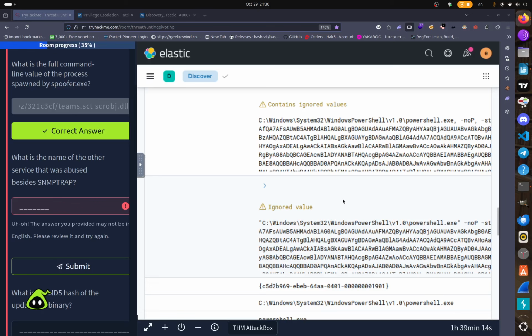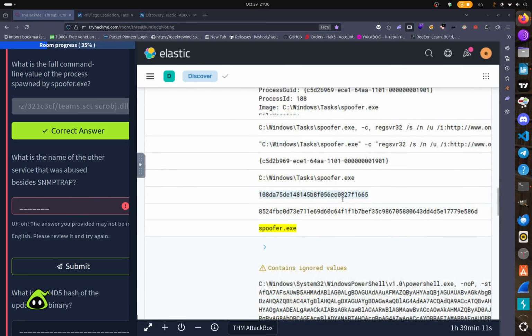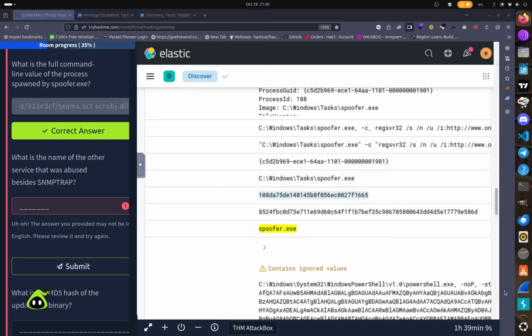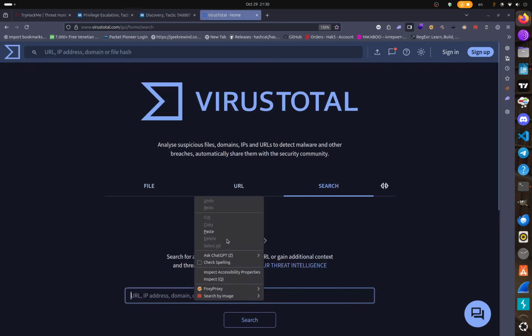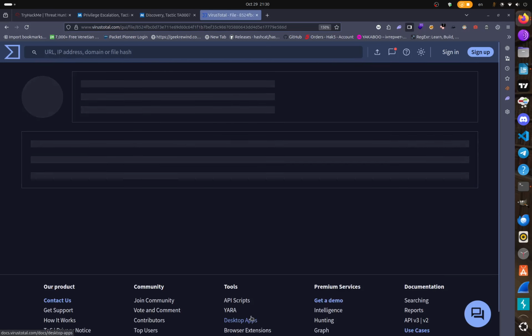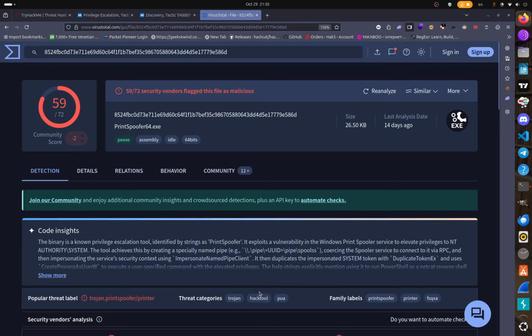Now apparently we have hashes here, SHA hash and MD5. We can take this and go to VirusTotal. In the search, paste the hash. We can confirm the suspicion that this is a hack tool. Namely, it is print